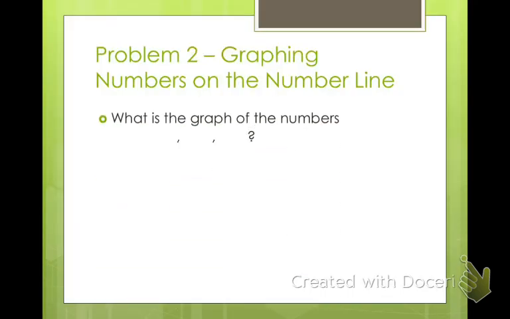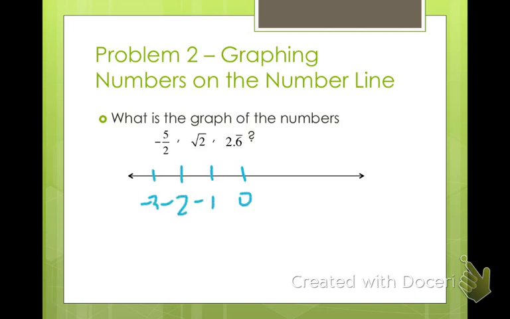Alright, so graphing. We're going to put numbers on a number line. Hope everyone remembers how to do that. This is the easy one. So here, let me make a number line. That's -1, -2, -3, -4, 1, 2, 3, 4. Okay,